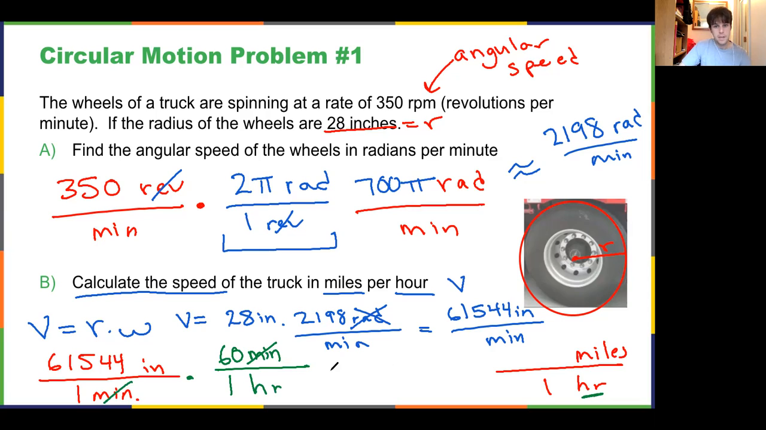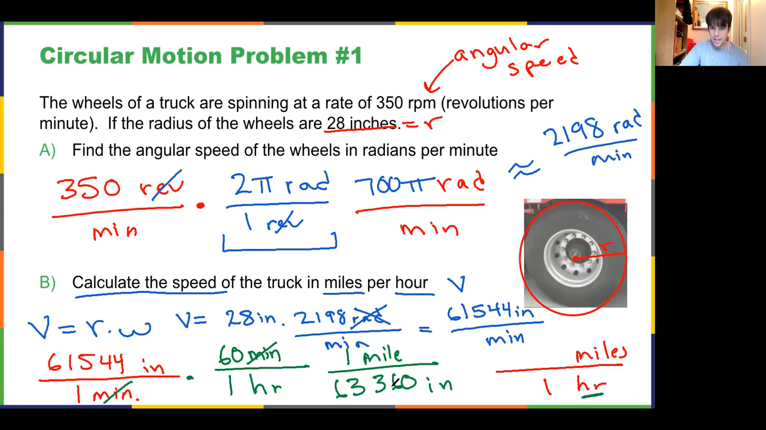Now, I'm going to keep going with my conversion. I also want to convert inches into miles. Well, I know that 1 mile is 5,280 feet, and there are 12 inches in a foot. So I'm going to do a quick calculation here. 12 inches per foot times 5,280 feet. Multiplying those, I know that in 1 mile, there are actually 63,360